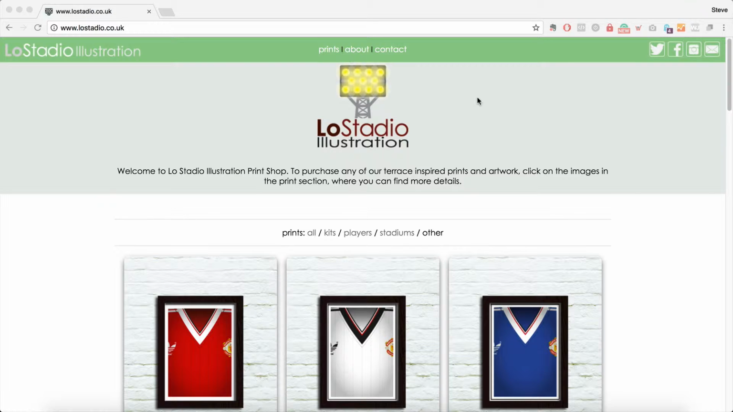This is lowstadio.co.uk. Given it's a .co.uk, it looks like an English website, but it's based on, I suppose, the Italian name for stadium. So it looks like a local stadium illustration. And this says, welcome to the print shop. To purchase any of our terrace inspired prints and artwork, click on the images in the print section where you can find more details. So, okay, first thing when I look at this site,